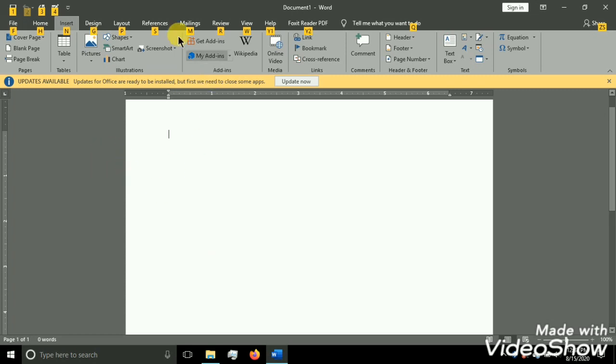Now we have many groups in this Insert tab. The first group is the Pages group. In the Pages group, we have three tools: the cover page tool, the blank page tool, and the page break tool. The first one is the cover page tool. So when we use this cover page tool,